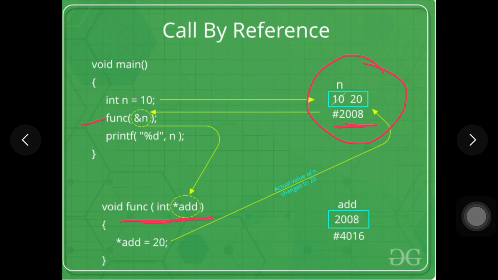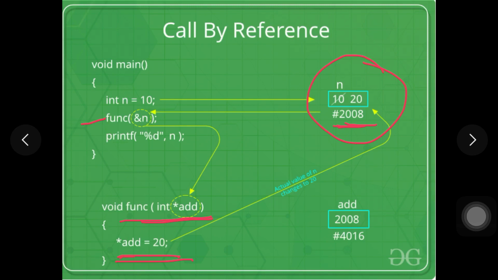We are receiving the address of n, so obviously add will be pointing to the value stored in n, that is 10. And inside the function, star add is equal to 20 is written. This means that you are changing the value at add to 20.